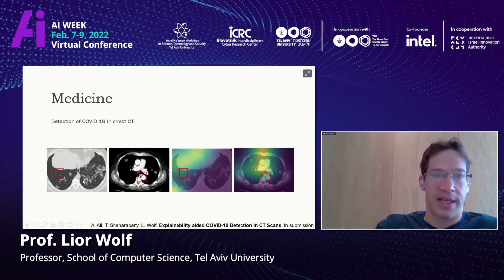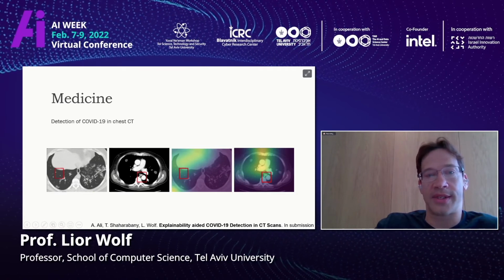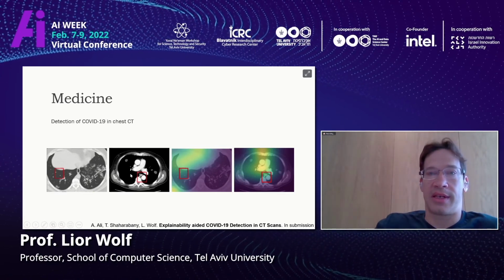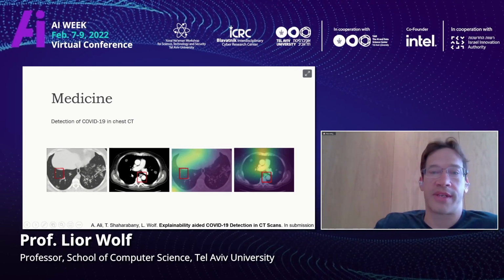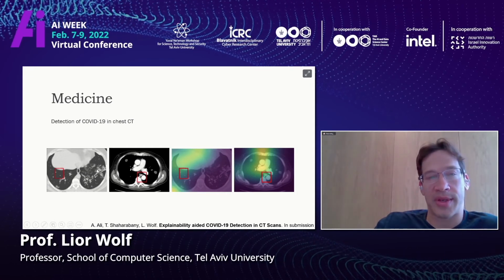Yes, so this is a great question, thank you. If you remember, when we started the talk, I was talking about work that is done on COVID-19 classification from CT images. I just showed one slide. Let me try to find it. So this work is actually using explainability. It uses explainability in order to learn a very powerful embedding. So we would like, for example, different patches that have a high explainability score to have similar embedding. And explainability can also point to some artifacts.